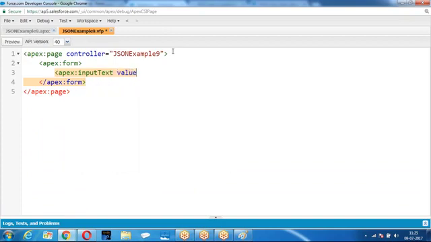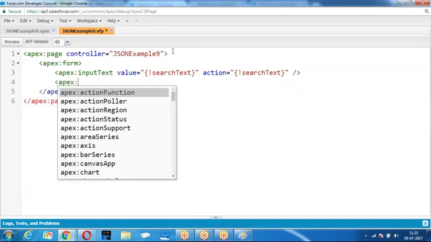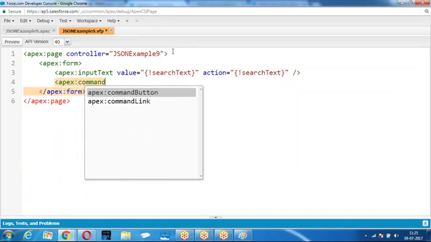Input text value equal to. Then I'm going to give a command button.